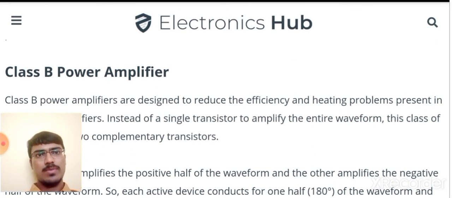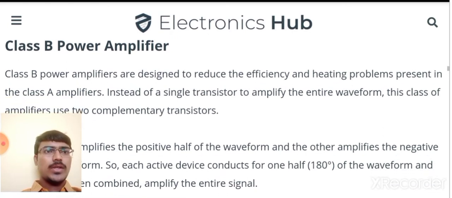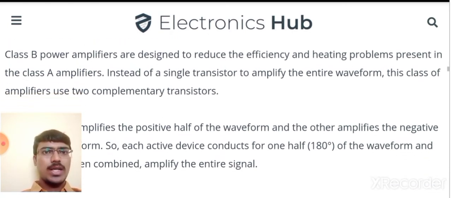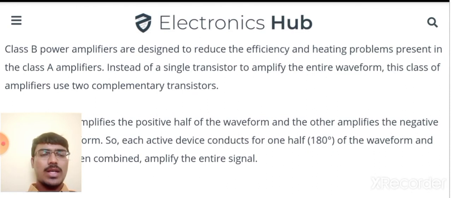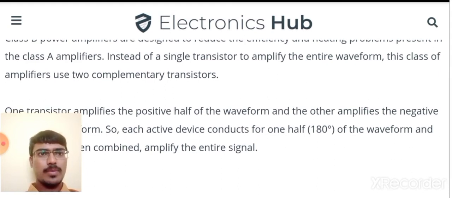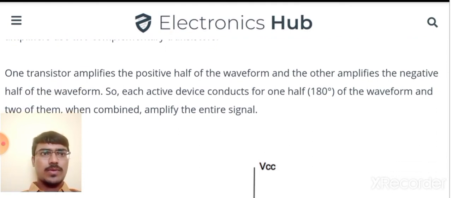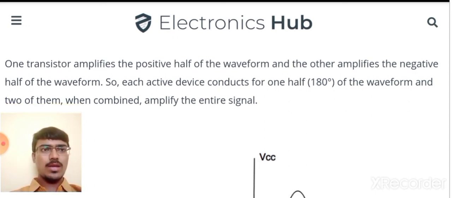Now let us look into the class B power amplifier. Class B power amplifiers are designed to reduce the efficiency and heating problems present in the class A amplifier. This came after the class A amplifier. Instead of a single transistor amplifying the entire waveform, this class of amplifiers uses two complementary transistors. One transistor amplifies the positive half of the waveform, and the other amplifies the negative half of the waveform. So each active device conducts for half, or 180 degrees, of the waveform, and the two of them combined